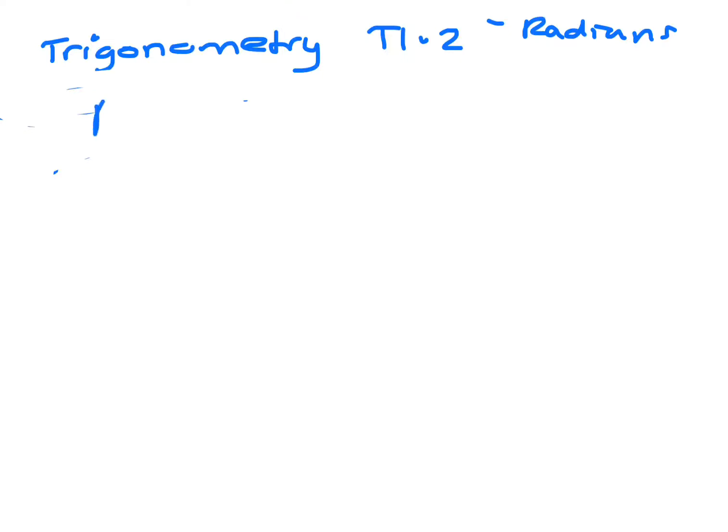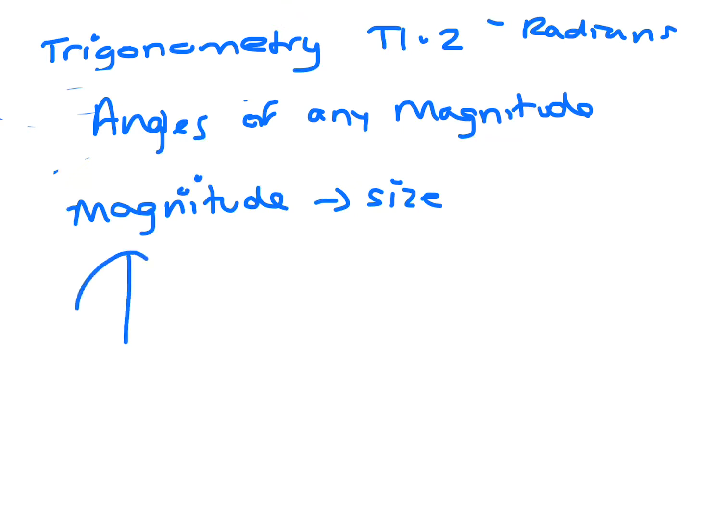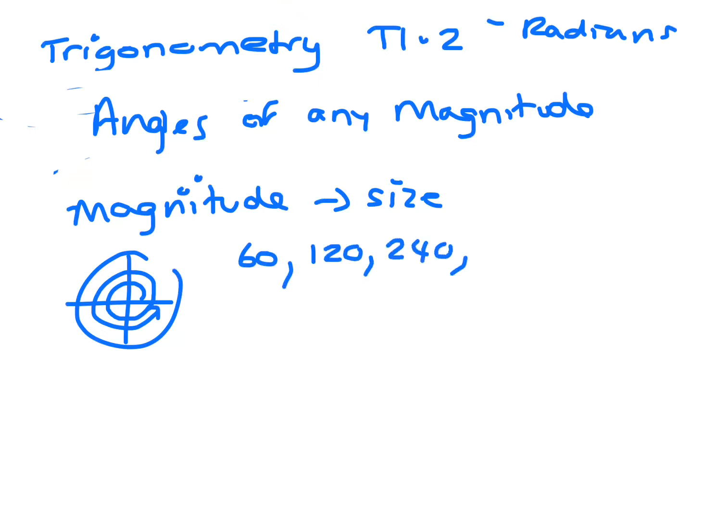Okay, just going to look at angles of any magnitude. Now the word magnitude just means size. So we're looking at angles of any size. So we're not just looking at acute and obtuse angles, we're also looking at reflex and even angles that just keep turning. So you go around once, 360, around again, so 60, 120, 240, 300,